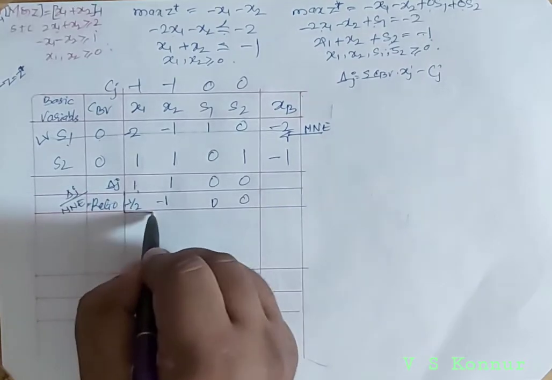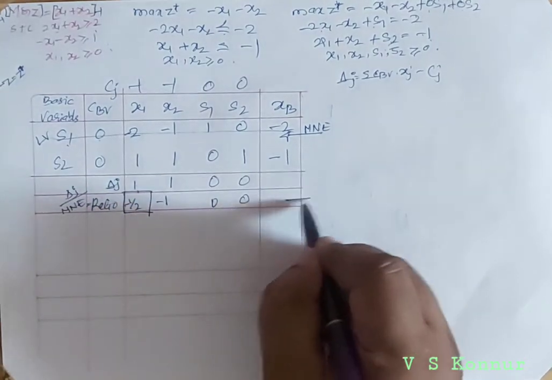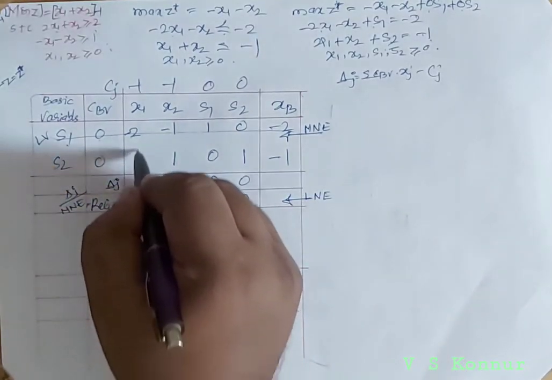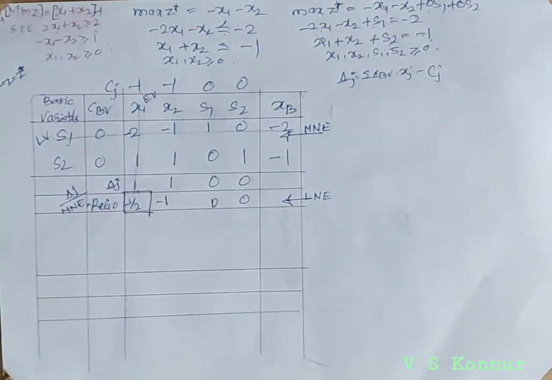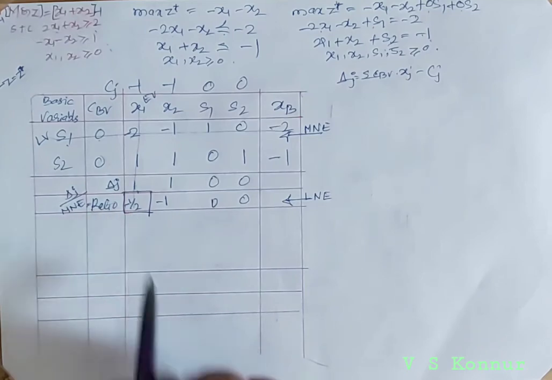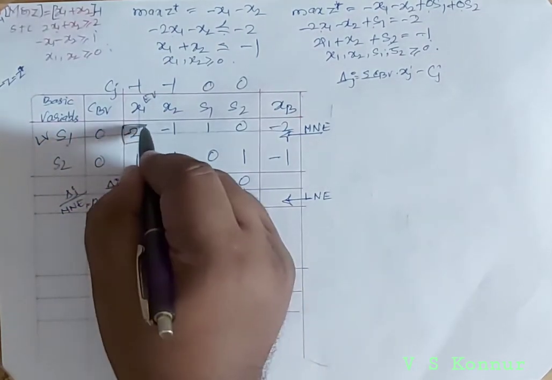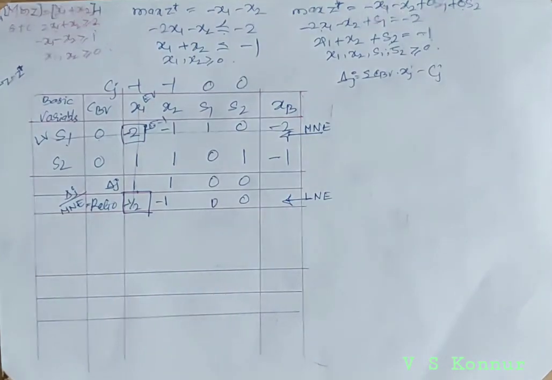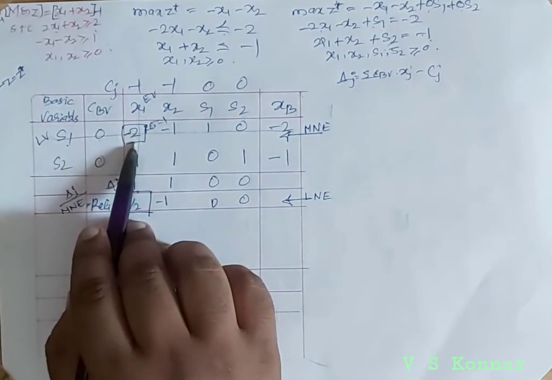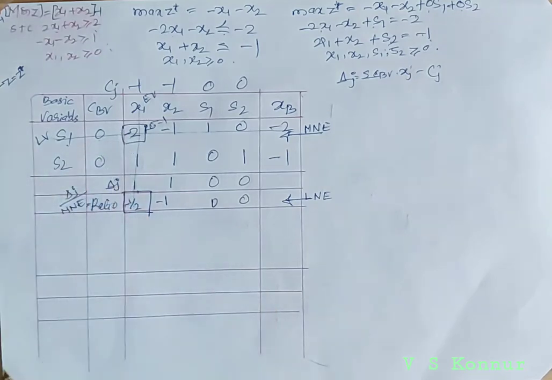Now we have to find the least negative element. From this we take the least negative element as the entering vector. So x1 is entering. Minus 1 is the most negative, minus 1 by 2 is the least negative element. The intersection of these two will be the key element. The key element should be equal to 1, but that key element is minus 2 now. To make it equal to 1, we should divide by minus 2, that is, by minus 1 by 2.